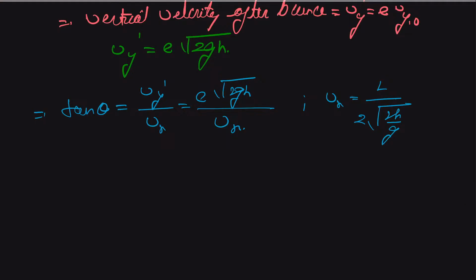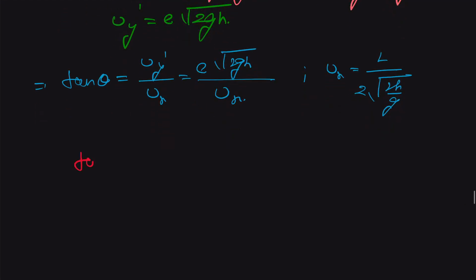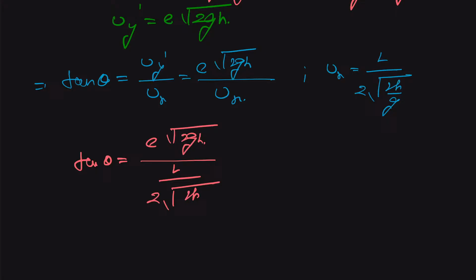Therefore tan of theta will be equal to E square root of 2gh divided by L over twice square root of 2h upon g. So this comes as 4EH upon L. So this is our angle,